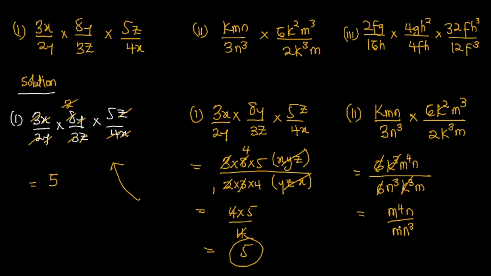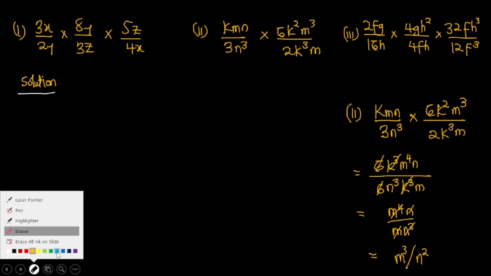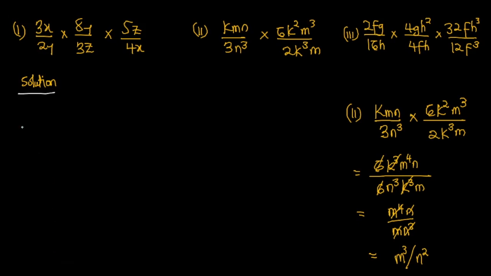Alright, so one of this m will cancel one of this m over here. So we'll be left with m power 3. And then this n will cancel one of the n over here. So it will be divided by n squared. So our final answer is m cubed over n squared as our final answer. Alright, let's proceed to look at the last expression that we have over here. So let me get some space. Alright, so the third expression we have is